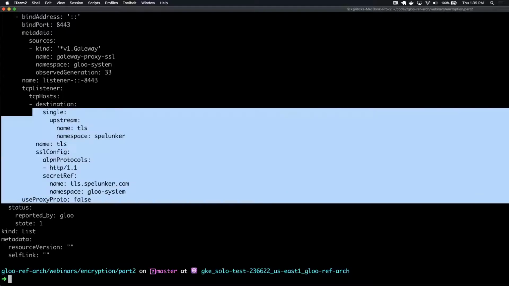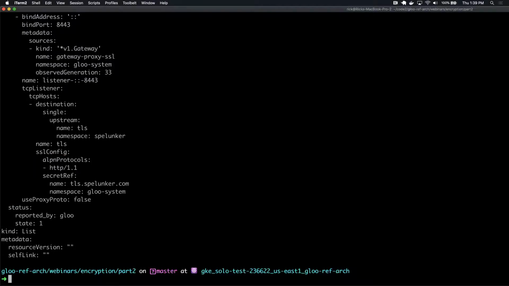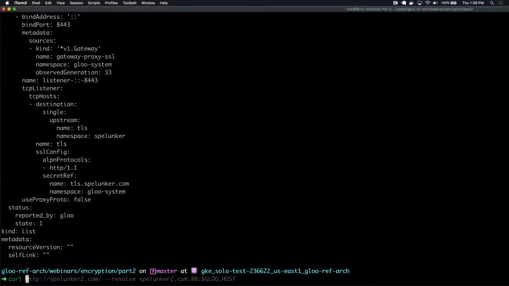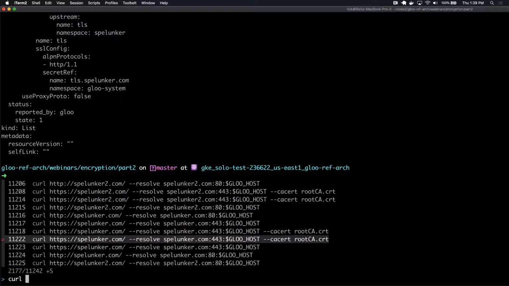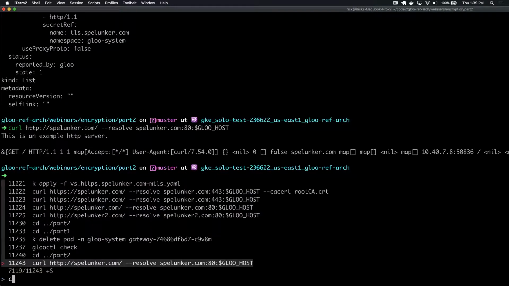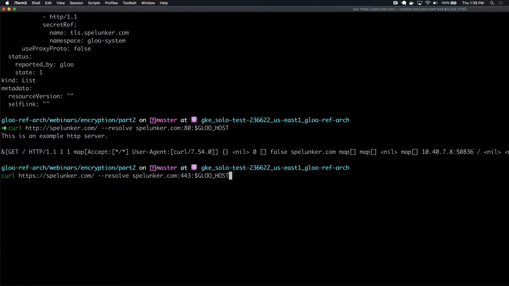Okay, now we can see the second listener has been updated. It's got that protocol that I mentioned. It's forwarding to the TLS backend. It's got the secret, so it knows how to handle incoming connections. So let's try issuing the two curl requests again. And we can see that one's working just as we expect. And if we do the second one,